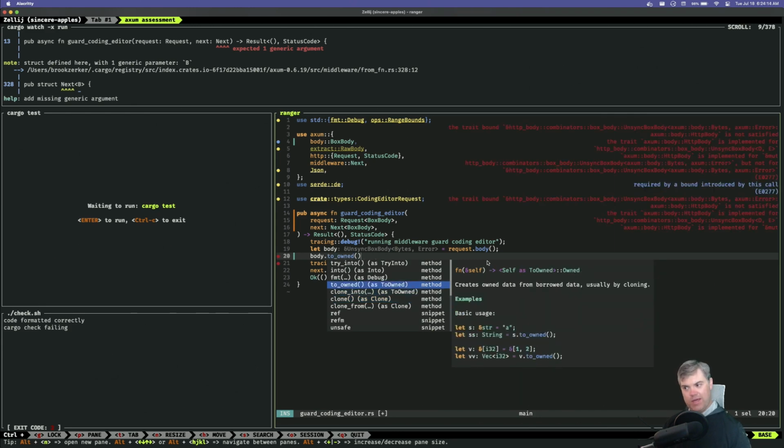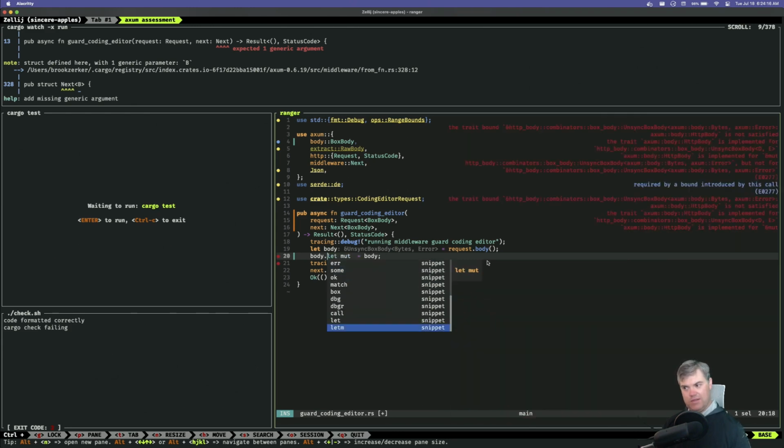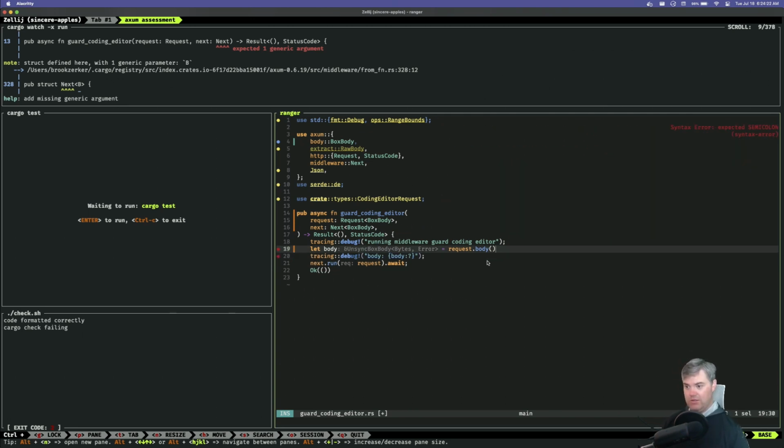Huh, there is format. I wonder if box body implements, or unsync box body implements debug. So if I do that,